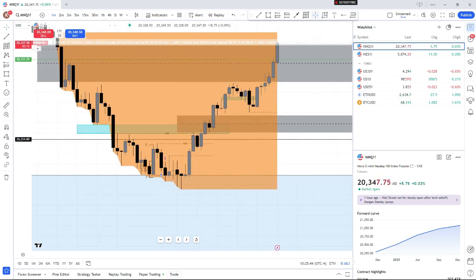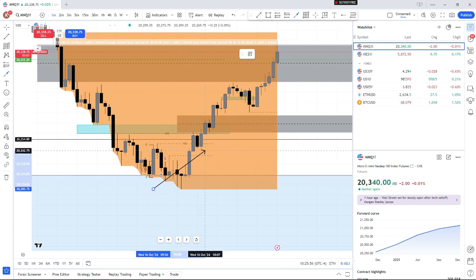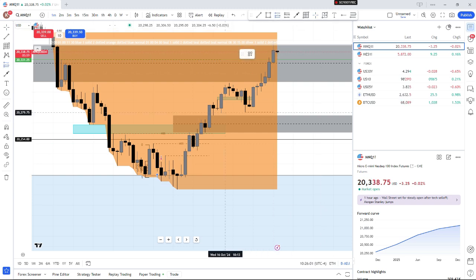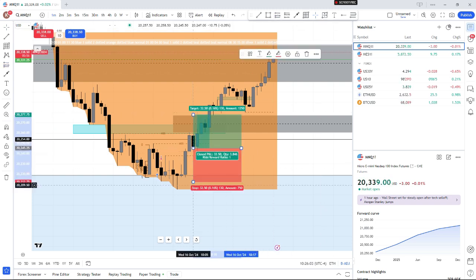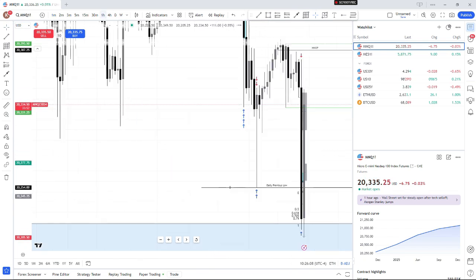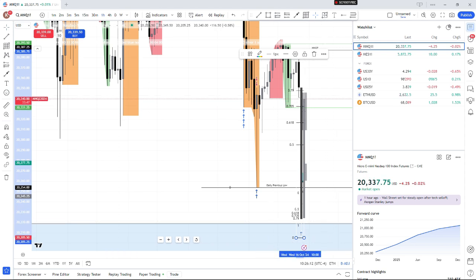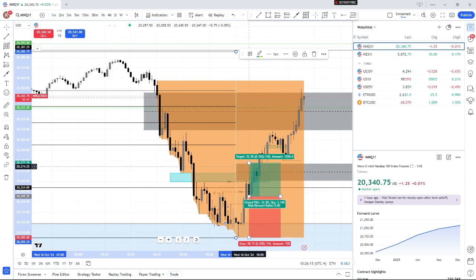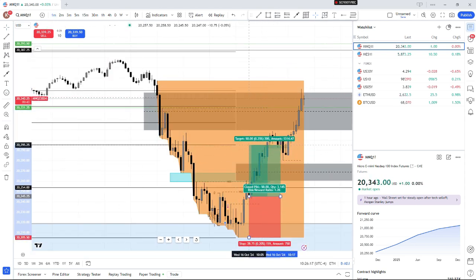To me, I look at this as an impulse up, which is a market structure shift. Clearly I was the liquidity again. Swept just some more internal sell sides before pushing up. I could have actually made an entry here, but I didn't, at this fair value gap, because this is a retracement down. Stops here. Let's just put the fib out just to